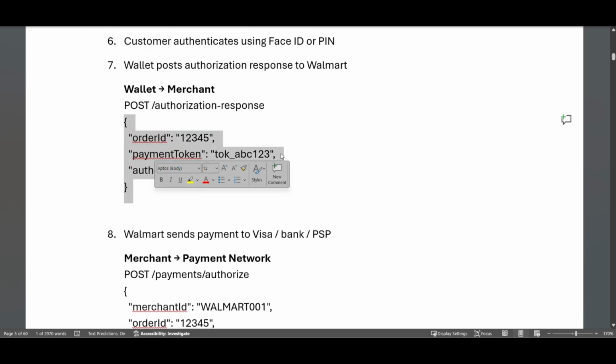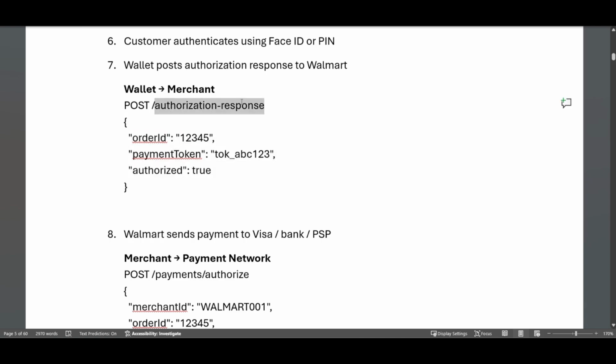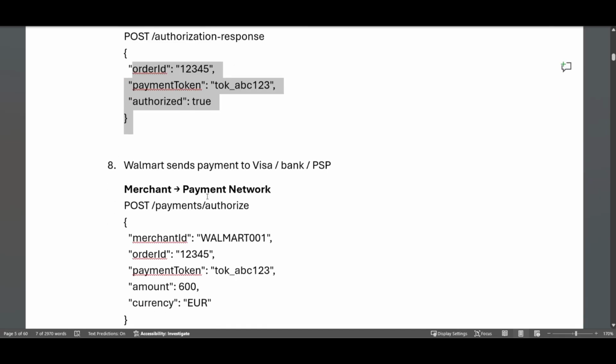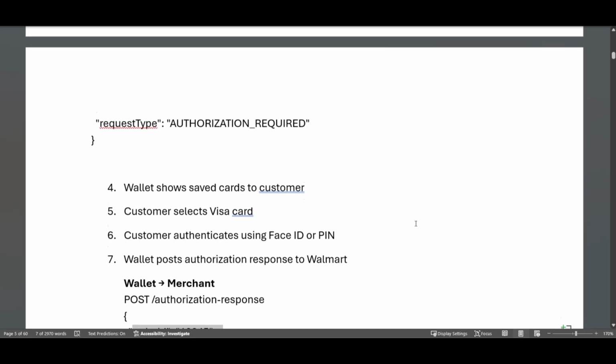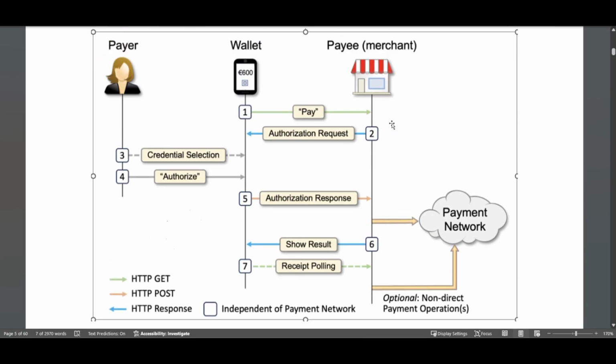Actually, just for our convenience, I put small, and this is the request URL, the POST request URL, and the payload is going to be like this. And Walmart is going to send that payment to the next party. Now Walmart is going to receive that authorization response, and it is going to send it